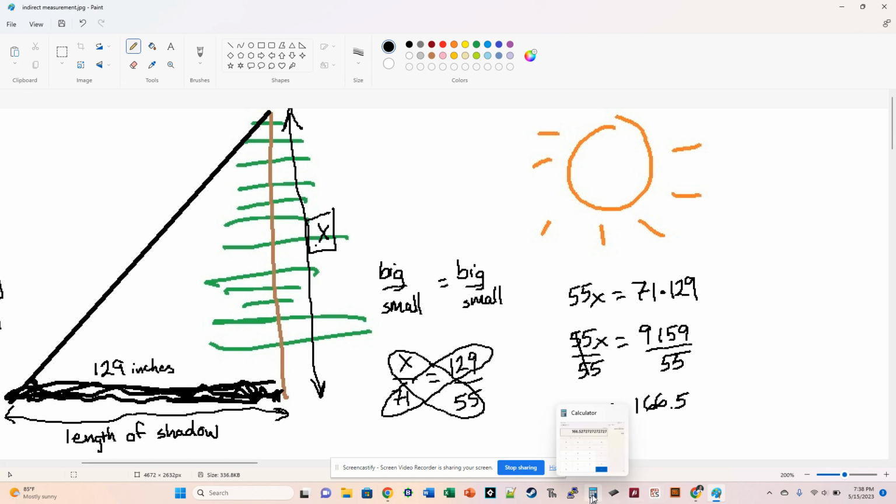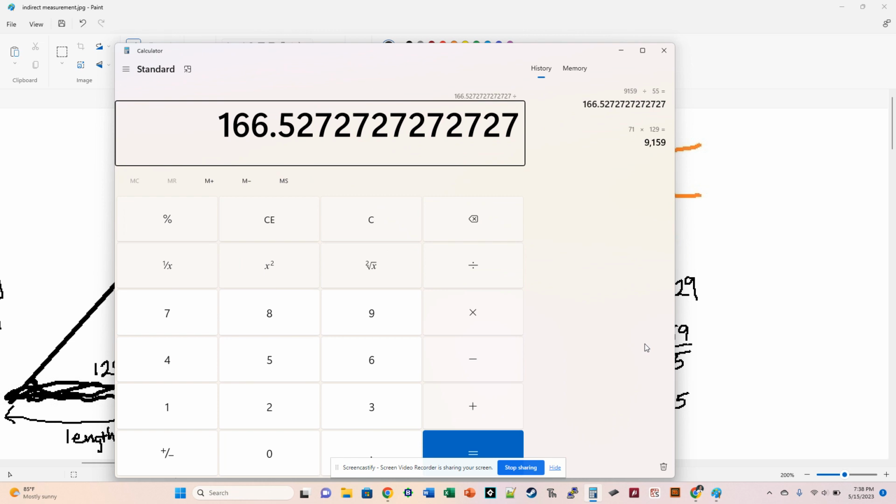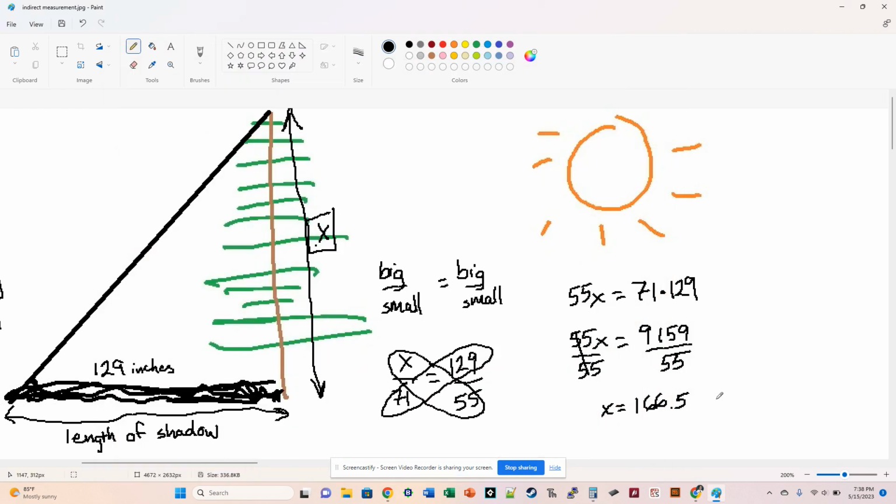To understand how much that is in feet, I could divide it by 12. 13 point, rounded, 9 feet. Eh, close enough to the requirement of a 14-foot tree. Notice 13.9 is not 0.9, that's not 9 inches. That'd be 13 and 9 tenths of a foot, which is probably more like 10.75 inches. We can just leave it in inches for our answer, but it does help to understand in feet about how